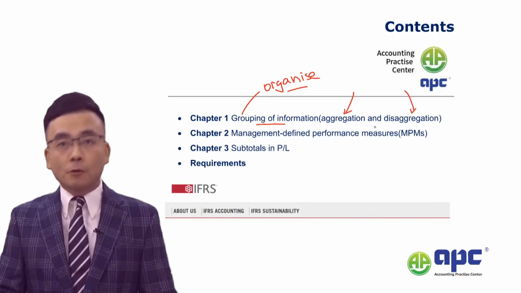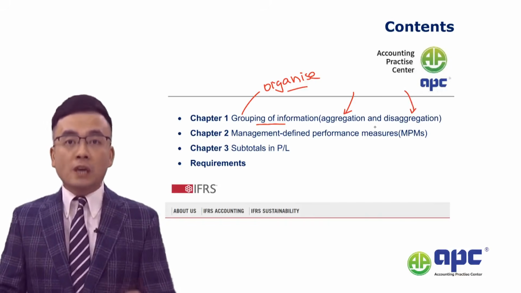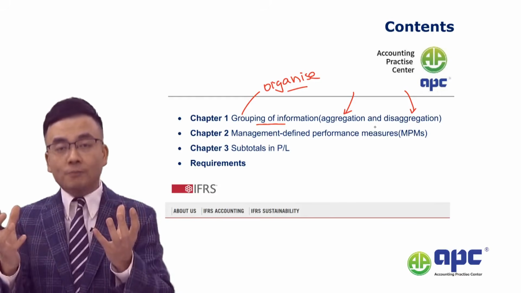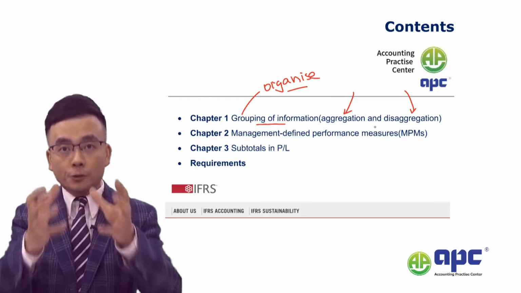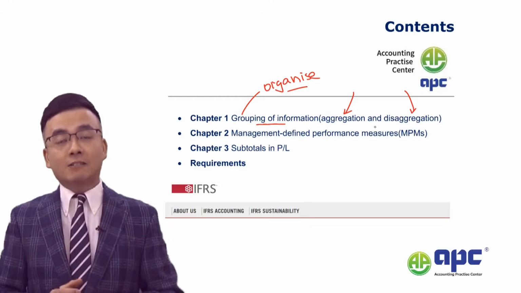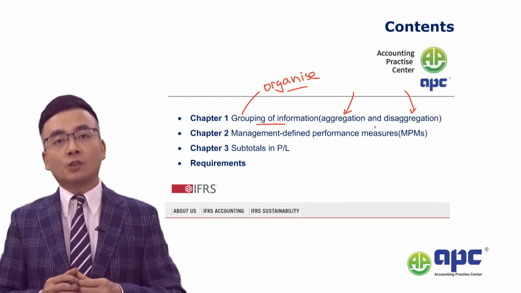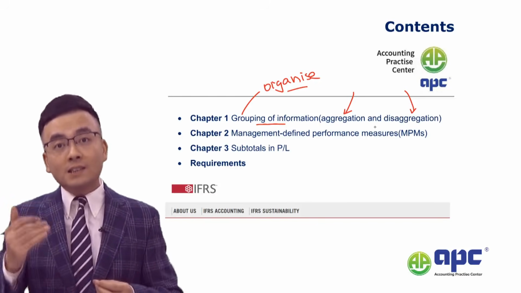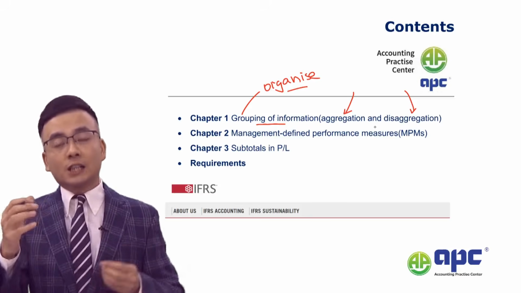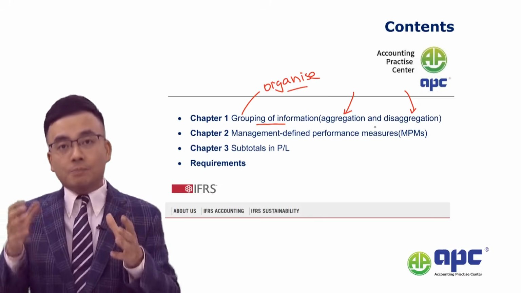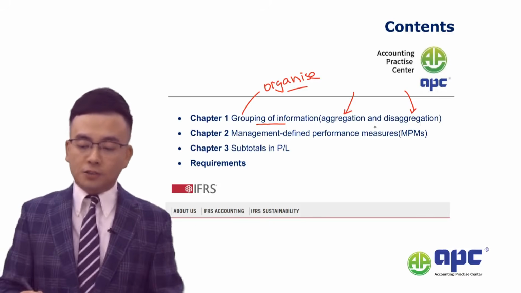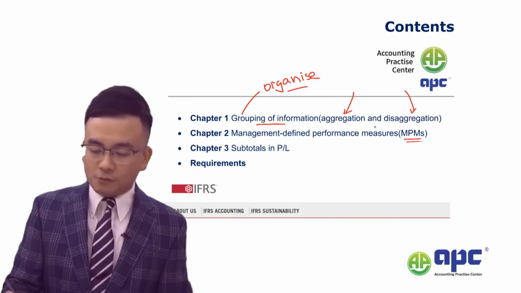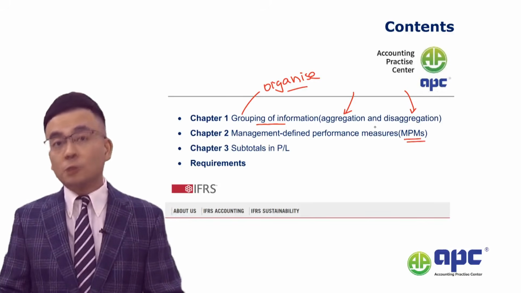For example, we've got the apple and banana. We aggregate them into the category called fruit, and this is what I mean by aggregation. Disaggregation, on the other hand, is that based on the fruit category, we separate the apple and banana on a line-by-line basis. After that, we'll be looking at something called management defined performance measures,